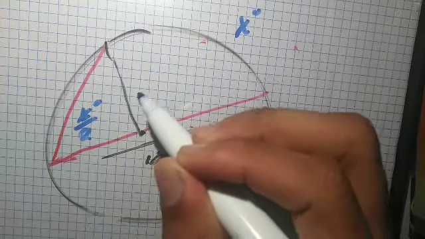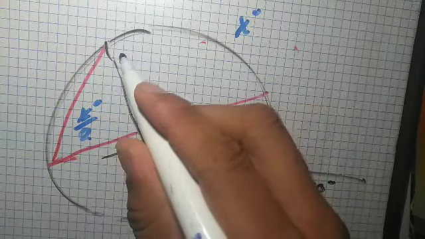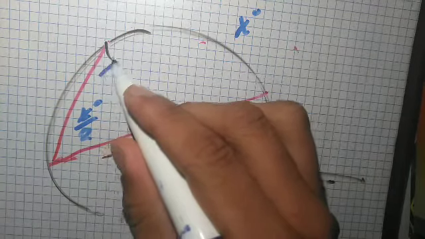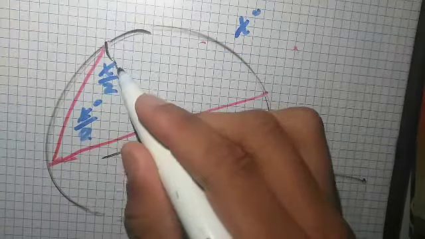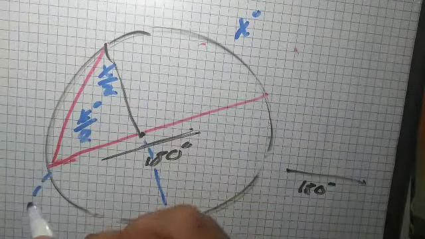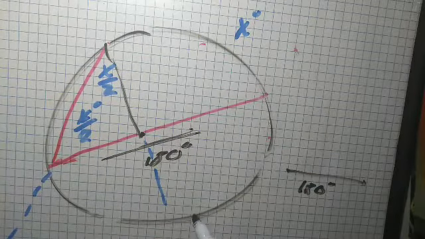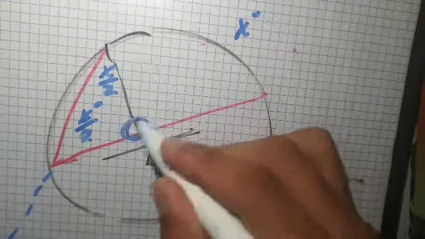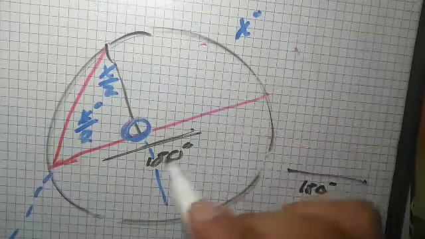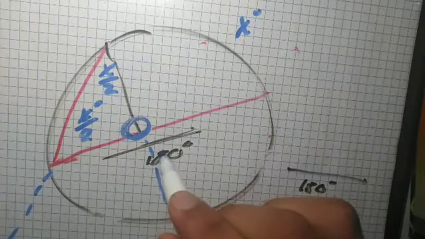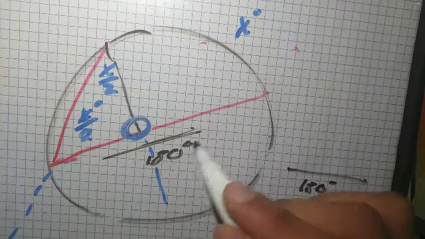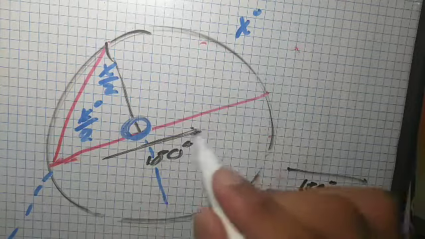And we end up making another inscribed angle over here. We're going to call that x as well, x over 2. And so what we're trying to find out is this angle right here. What's this mystery angle? Well, based on our original information given, our original 180 line,